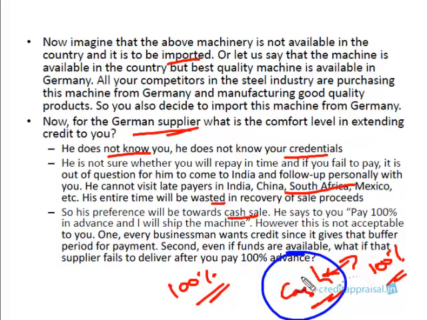It's perfectly normal from the buyer's point of view. The problem is, if the supplier parts with his machine and doesn't get the money, it's very unlikely he's going to recover it. That is what is worrying the supplier. The buyer is also worried. If he gives the entire 100% advance and the machine doesn't arrive or is not as per the specification, his money is not going to come back. So for both the parties, international trade is a risky business, especially dealing in credit. Credit sales and credit purchases are risky propositions for business persons.